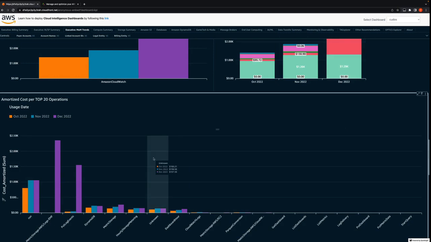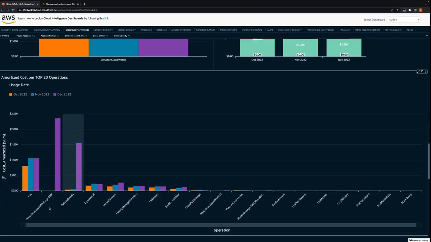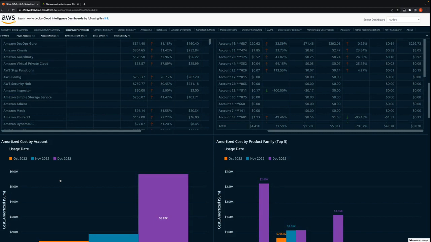You can even see which API operations were involved, like put log events, then which log groups it belongs to. So you can go from high-level details to low-level details very quickly. If you want to dive even deeper to particular resources, we have lots of tabs here for different services like